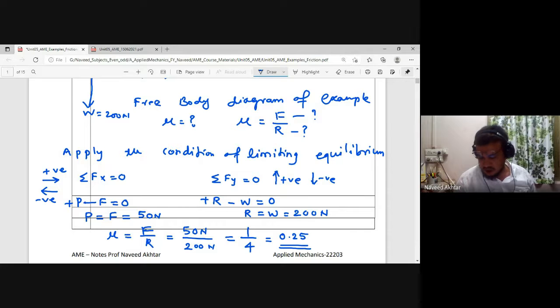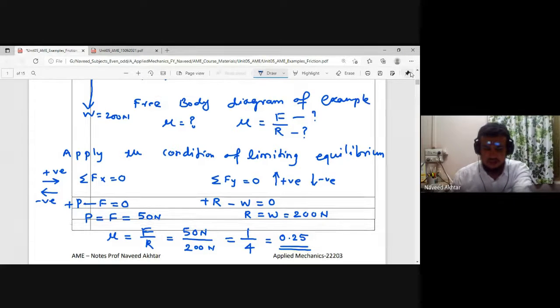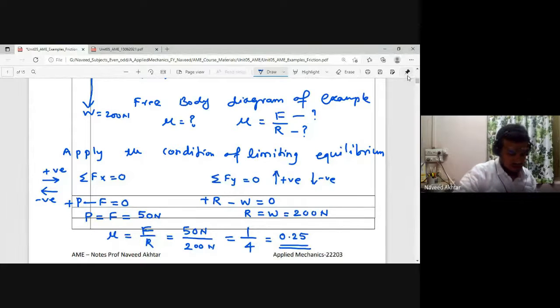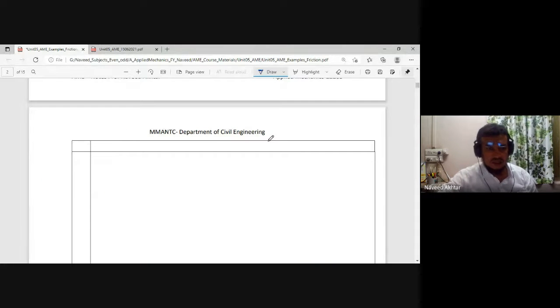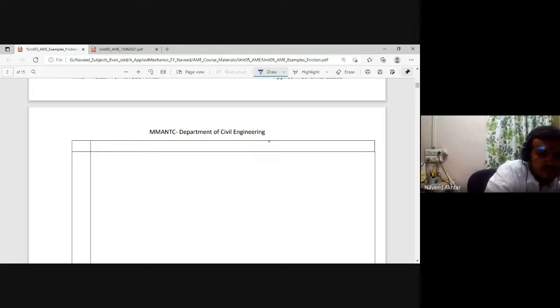Okay. Now we will solve another example. So you understand how to solve. तो ये सिंपल एग्जांपल है. ये सिंपल एग्जांपल आपको एग्जाम में नहीं आती है. आपको क्या आती है एग्जांपल? टफ एग्जांपल आती है एग्जाम में, है ना? But you should be ready to take a challenge. Any type of example will come. So this is a simple example on the horizontal plane, where the force is acting on the horizontal. Now we will see example number two.